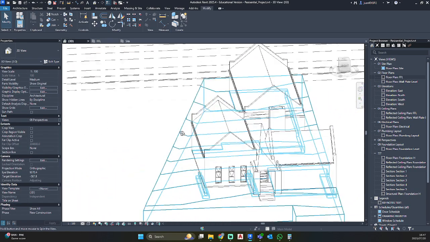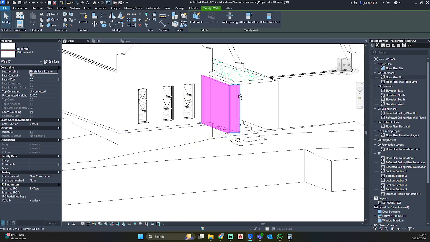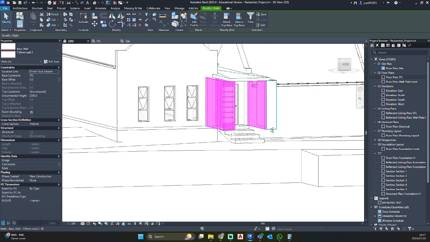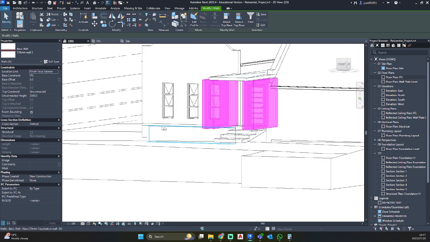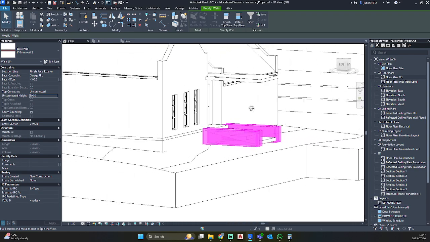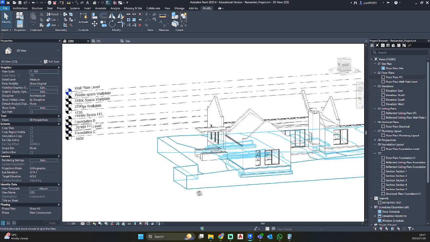Going to go to my 3D view, and I am going to select these walls. Base constraint, I'm going to put that at garage minus 100, unconnected height at 800. And there we have our nice little planters in front.